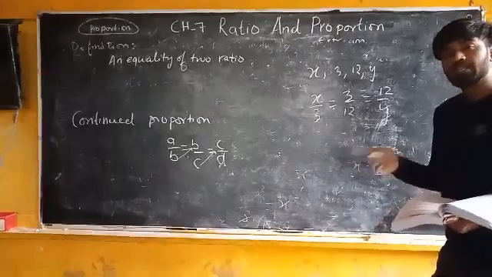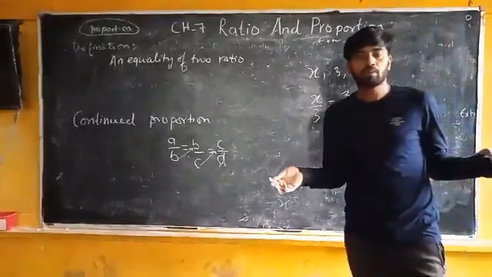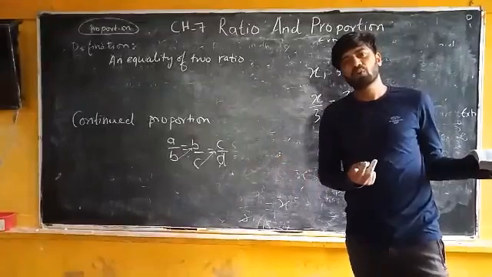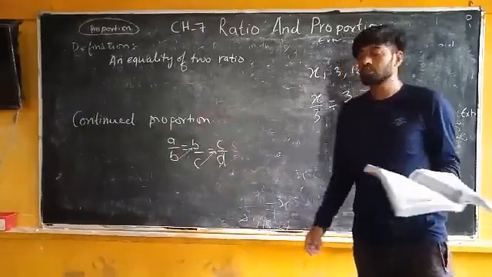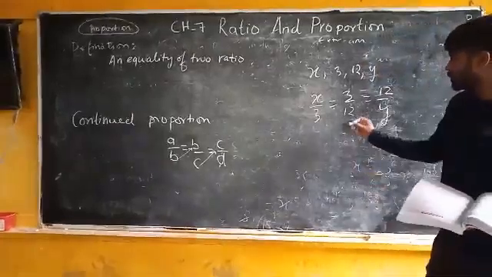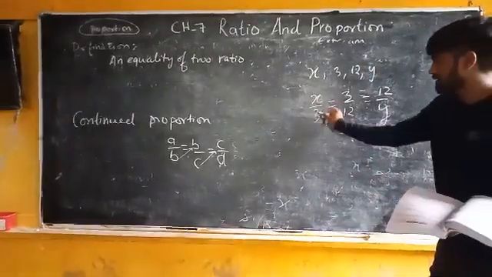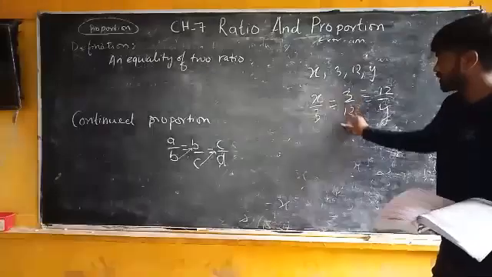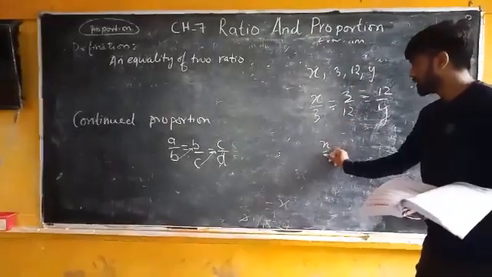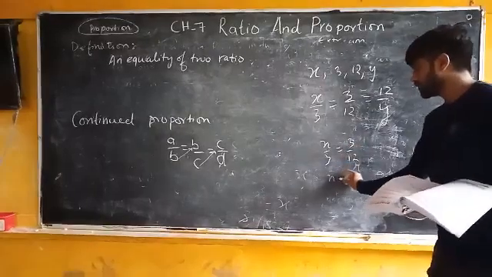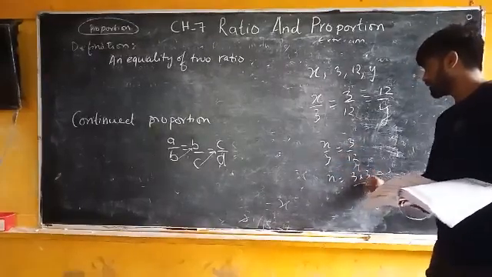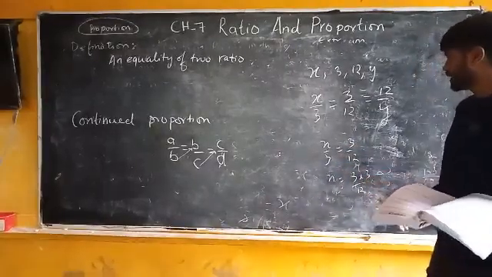Now you might be saying that in the previous question it wasn't given as continued proportion, so why did I do it? Because I just had two terms and had no option other than continuing the proportions. So how to figure out the value of x? I'll take this one and this one. x upon 3 equals 3 over 12. Keep x alone here and multiply 3 upon 3 into 12, and you'll get the value of x.